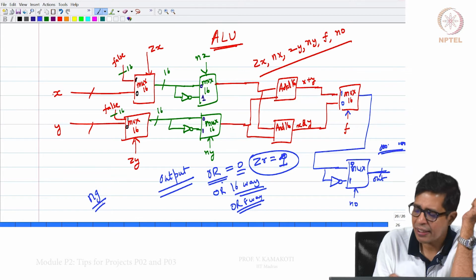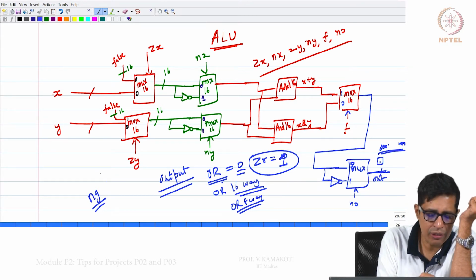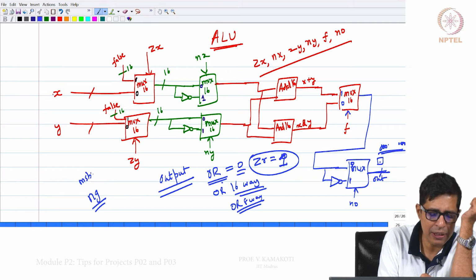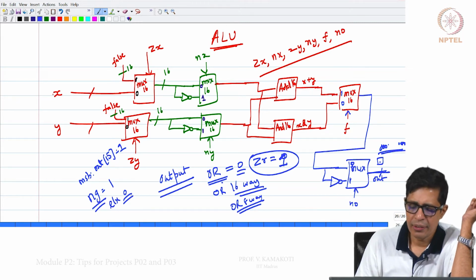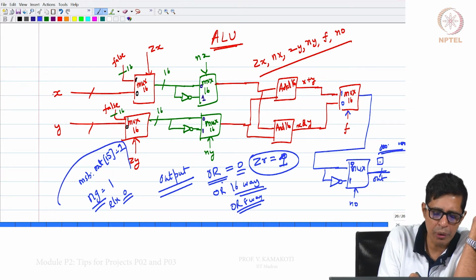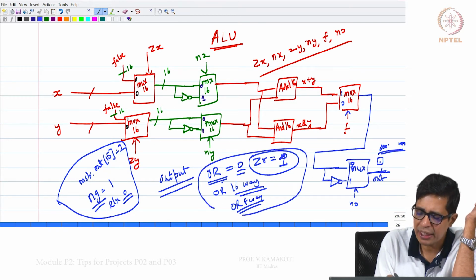The NG flag, you have to take the most significant bit of out, the MSB of out, which is out 15. If this out 15 is 1, then NG is 1, else it is 0. Okay. So, this is how you basically find the NG flag, and this is how you basically find the ZR flag,